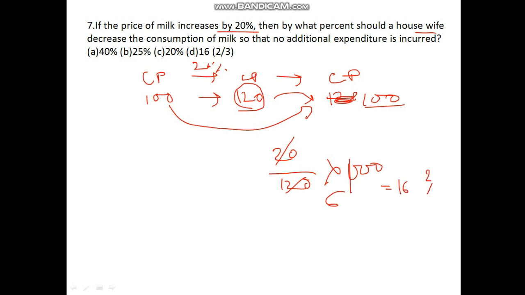That is 16 and 2 by 3. Okay, it means the cost price is 100 initially, and it is increased by 20%, but ultimately the housewife does not want to spend more, and she wants to fix the milk expense at 100. So here we can see the answer will be 16 and 2 by 3 percent. Okay, next,